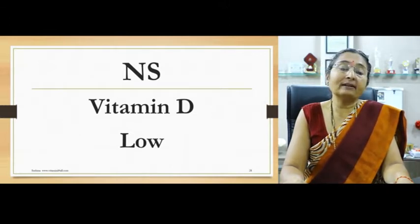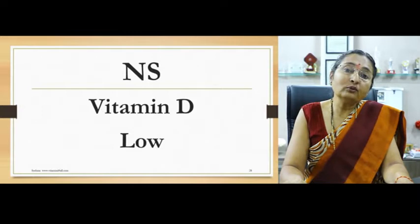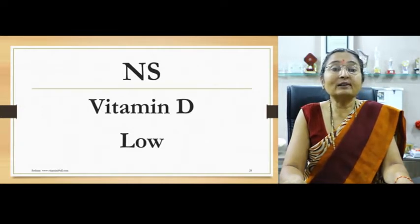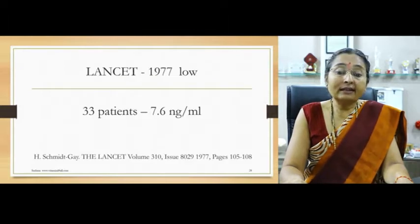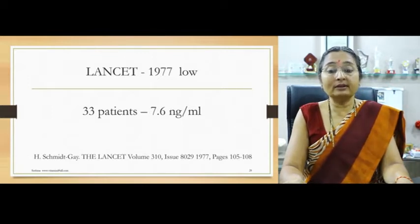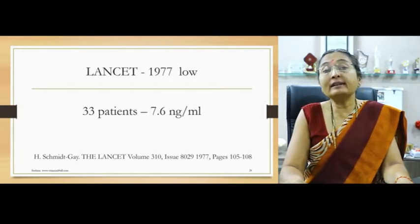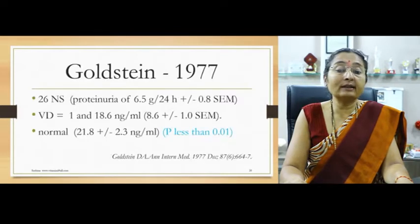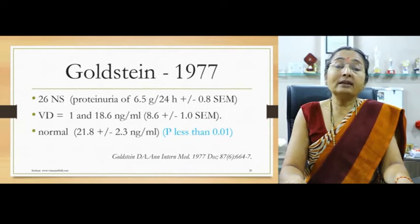Now we come to the second part of vitamin D and nephrotic syndrome association, and we are trying to prove that vitamin D is low in nephrotic syndrome. So here is a study done in 1977, Lancet. 33 patients had a vitamin D around 7.6 nanograms, while the normal being 70 to 150 nanograms per ml. Goldstein in year 1977 showed in 26 nephrotic syndrome patients vitamin D being just 1 to 18.6 nanograms, while their normal counterparts had 21